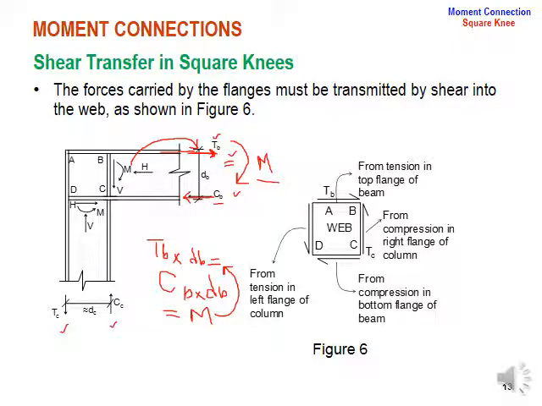We will do the similar thing for the moment in the column. Here also the moment has been converted, shifted. The direction of the moment is like this. So this equivalent couple will be TC, the tensile force in the left flange of the column, and CC is the compressive force in the right flange of the column. And the couple arm will be approximately equal to DC. So here also you can write the same equation, that TC into DC and CC into DC will be equal to that moment in the column.